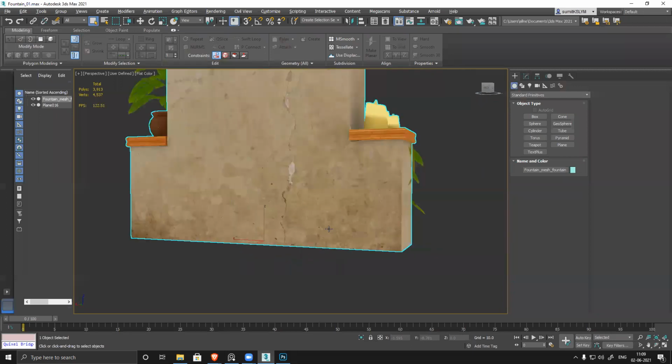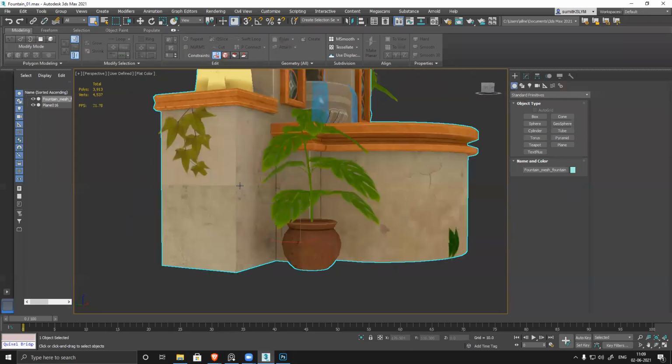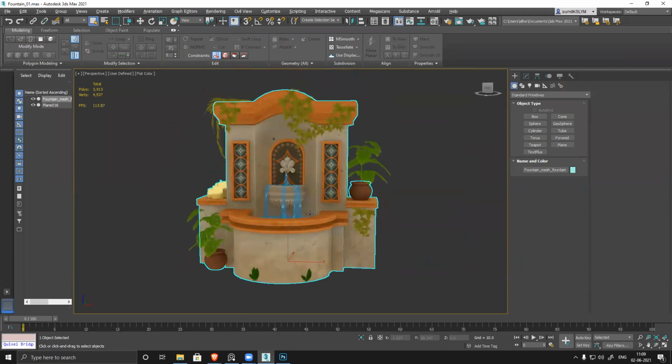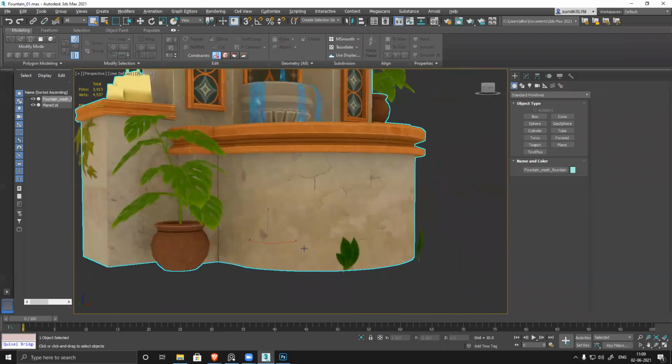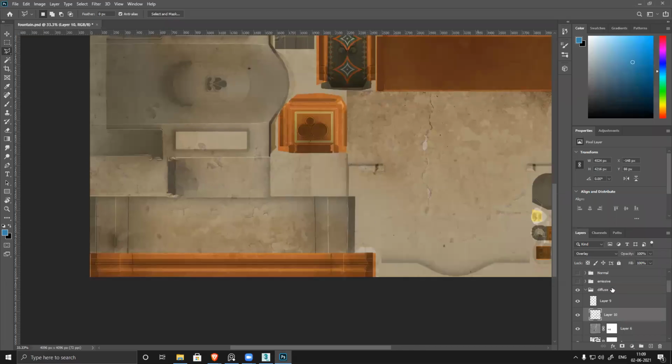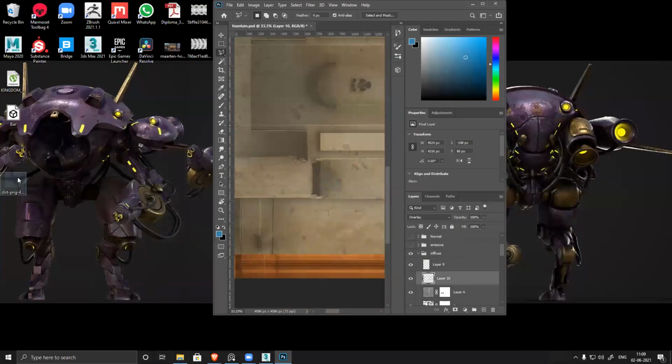So you can see the dirt came and there's something extra here. That is something to fix. See, we got dirt, and for this surface also I need to add some dirt. So I can just simply import it again.